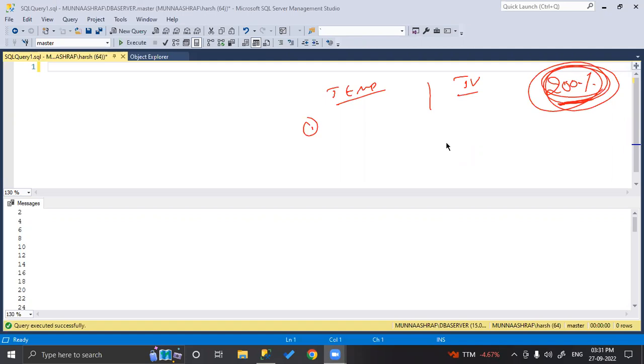Temporary table will exist physically. Done?